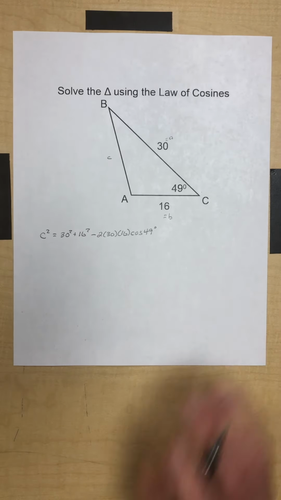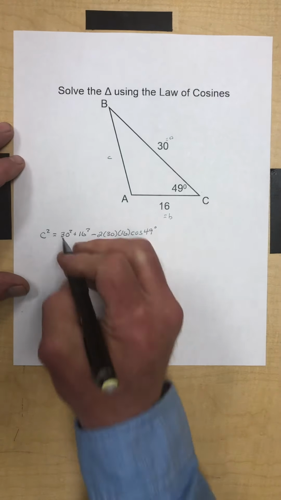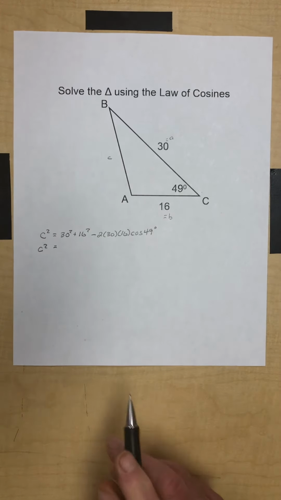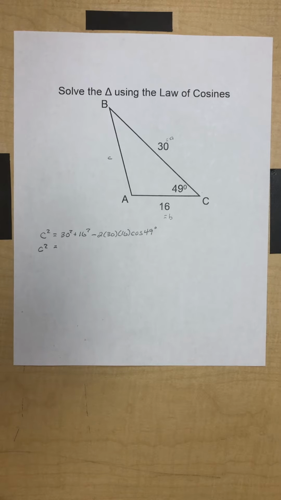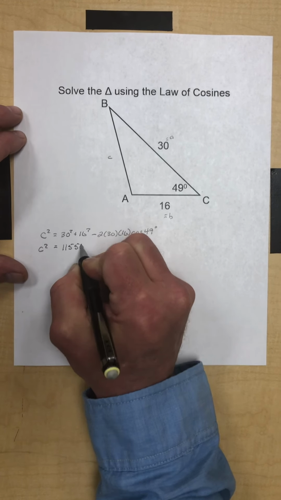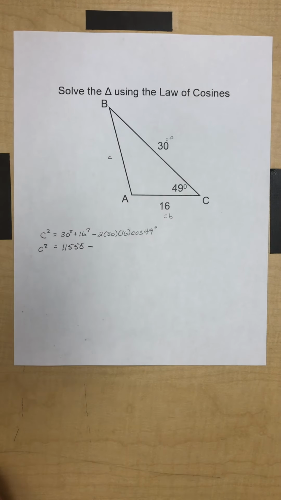Okay, and then you could punch that thing right in your calculator right now. Okay, I'll sort of simplify it a little bit. I'm going to take the 30 squared plus the 16 squared. So that's 900 plus 256, so that's 1156. So that guy's 1156 minus, let's see, 2 times 30 times 16, so that would be 60 times 16,